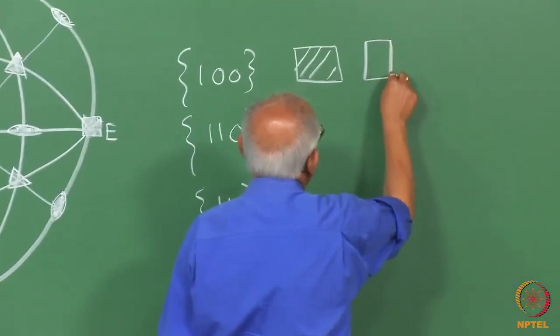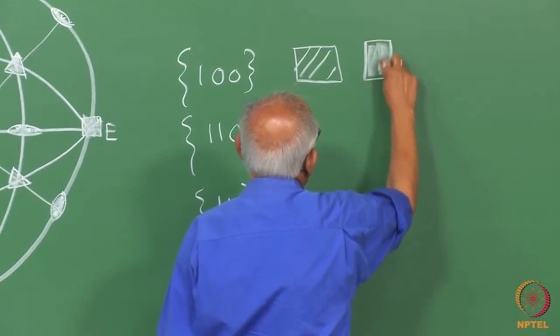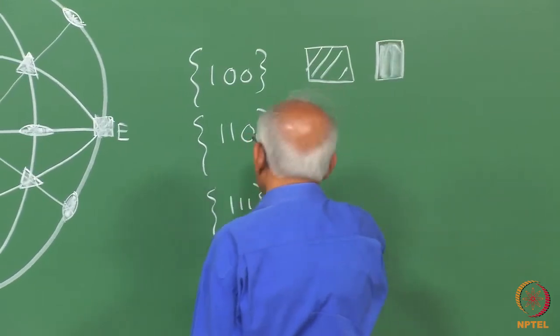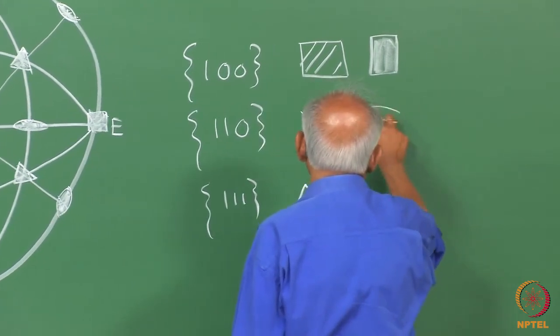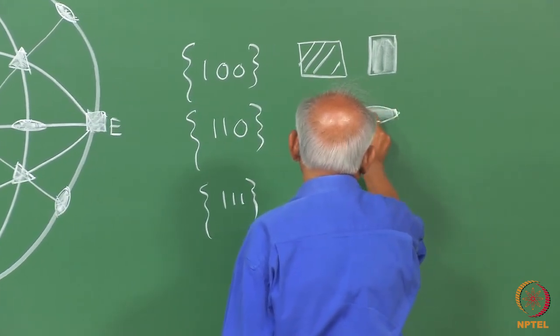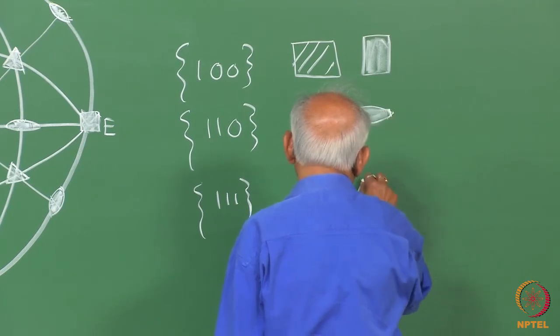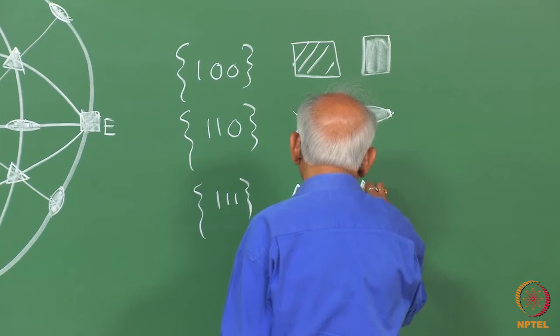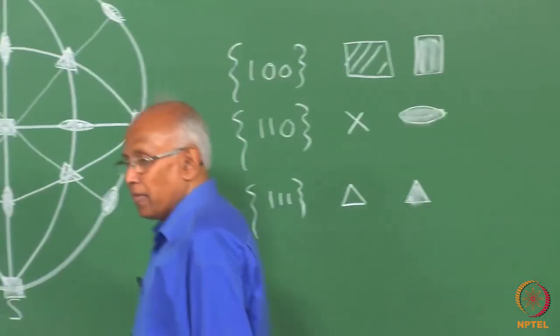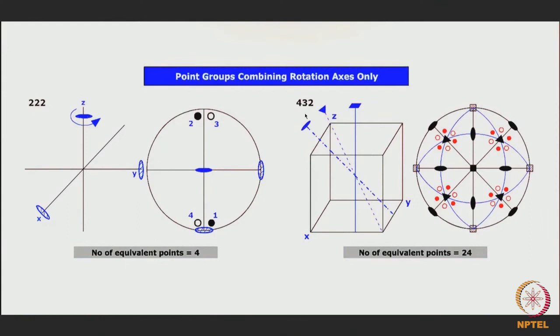So, this is where the locations of the 4-fold rotors will lie, and the 2-fold rotors will lie at positions shown over there, and the 3-fold rotors will lie in positions given in that particular projection. So, this is what you can see over here, and in such a situation, if you have a given point here, then it will be subjected to the operation of all the 4-fold, 3-fold and 2-fold rotors which